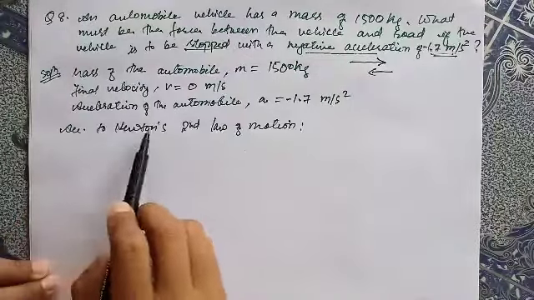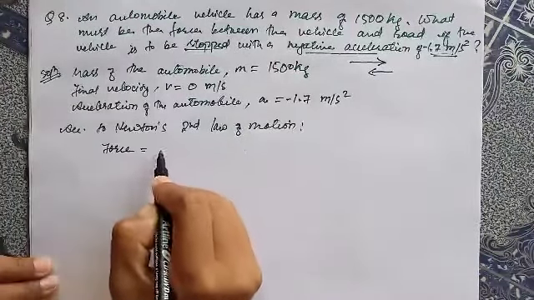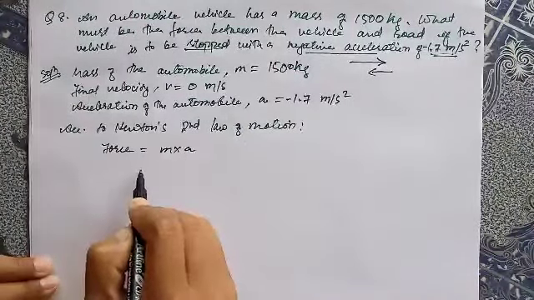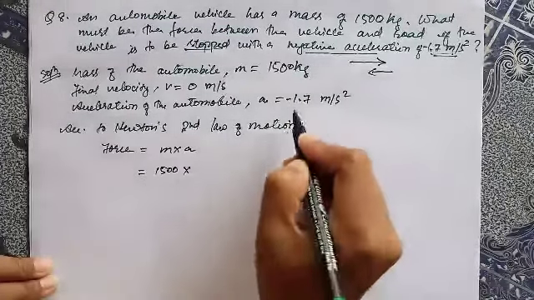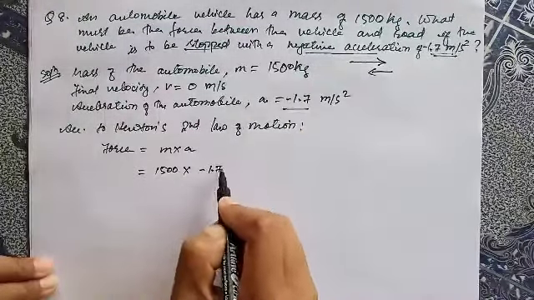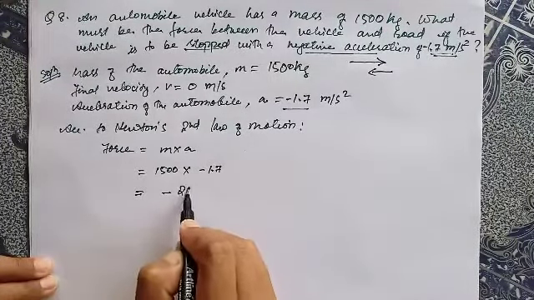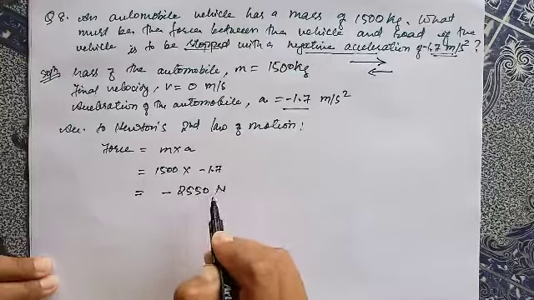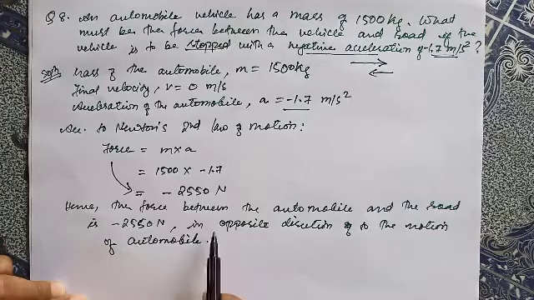So according to Newton's second law of motion, we know that force is equal to mass into acceleration, and mass is 1500 into acceleration is minus 1.7. So if you multiply these two, you will get minus 2550 Newton. Hence, the force between the automobile and the road is minus 2550 Newton in opposite direction to the motion of